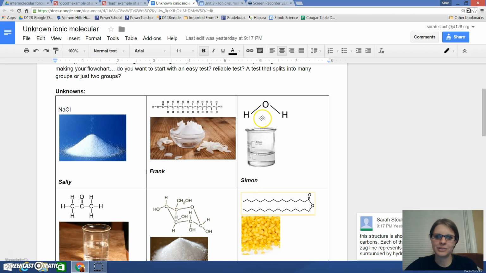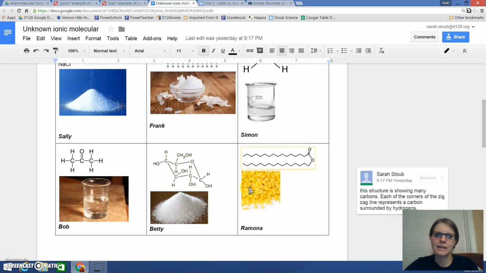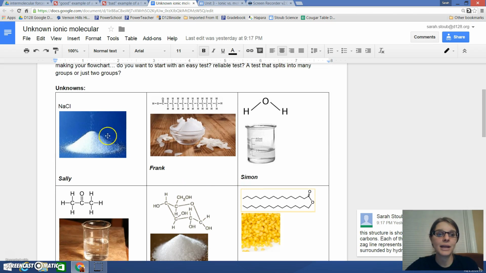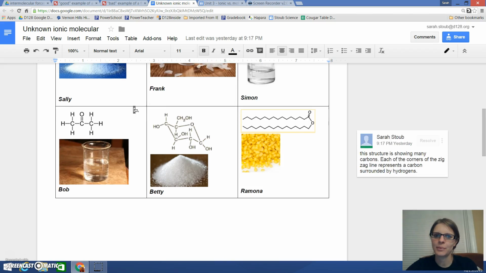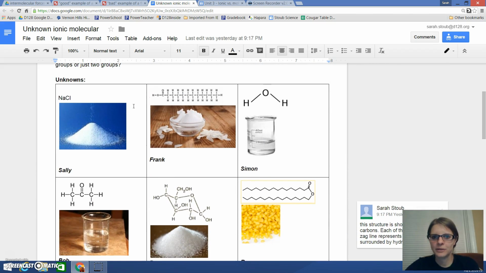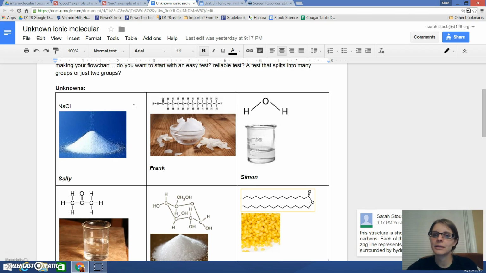Clearly Simon is actually water, but if you look down, you may not know the other ones, and I did that for a reason, because I don't want you to just go and look up NaCl or water, things like that, and find their physical properties. I want you to focus on their structure. This whole lab is about looking at the structure of these 7 different compounds and deciding what kinds of properties they would have, like what kind of intermolecular attractions they might have, and then, because of